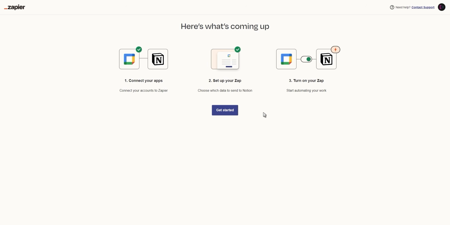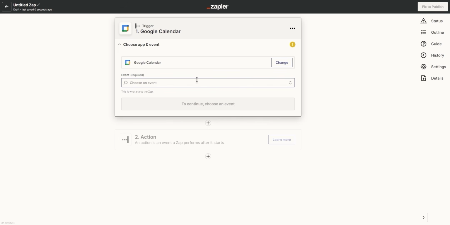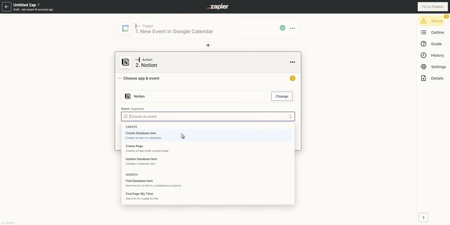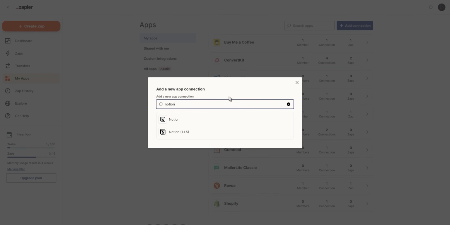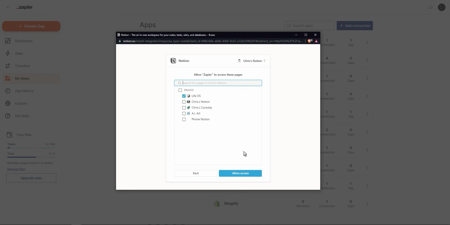Firstly, what you want to do is connect the apps you want to use to the integration software, then set up an app trigger which starts the automation, and then an action in another app which is caused by the trigger. I already have a full Zapier tutorial showing you how to connect Notion to Google Calendar if this is something you'd like to explore further.